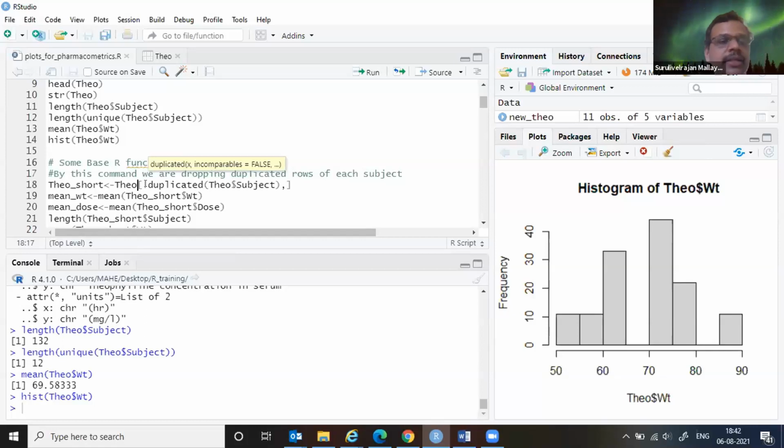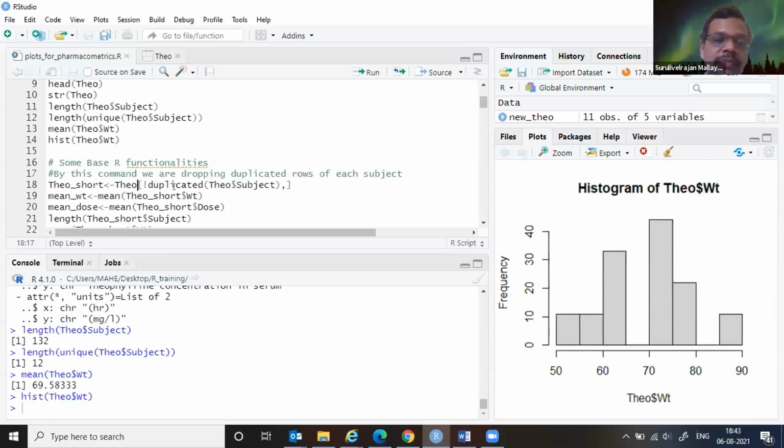Please understand, the exclamation mark is dropping. So drop the duplicated in this particular column. You know, Theo$Subject is that particular column. All of this operation should happen in rows. So whatever the commands I gave, after that I gave a comma. Meaning when you have this square bracket, you have a comma, you are talking about rows and columns. Operations can happen in rows and columns.